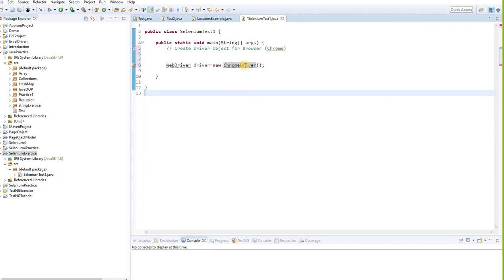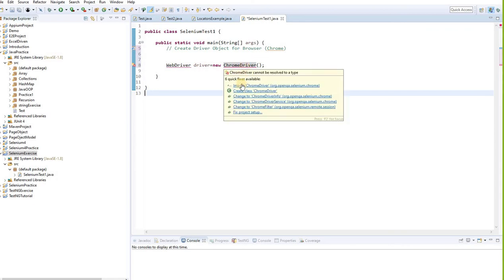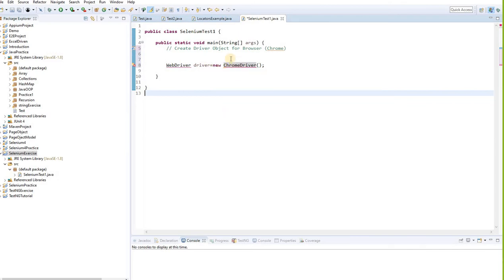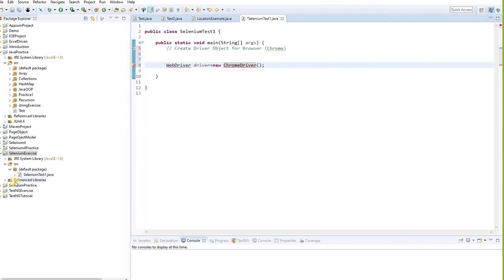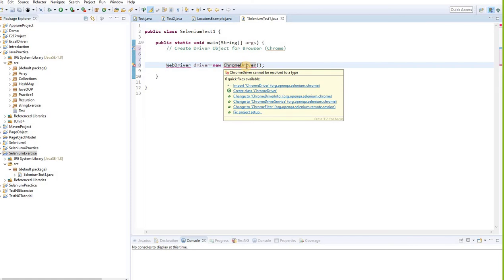Let's hover your mouse. Now you can see a lot more options to fix the problem. You can see one of the first options, import ChromeDriver. Earlier we had 2 options, now it's giving you more options. The first option is saying that this project can find that there are jar files, and one of the jar files has this class written in it. So it's saying, if you mean this ChromeDriver class is the class from one of the jar files,